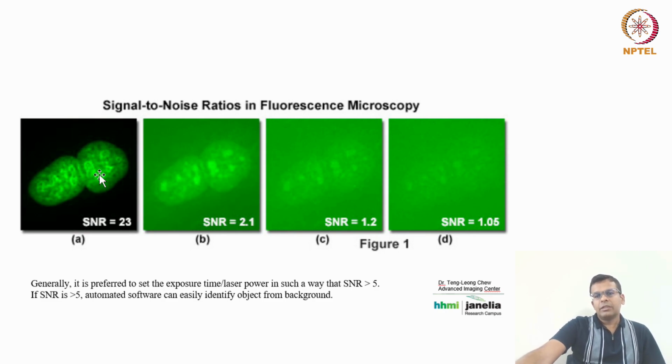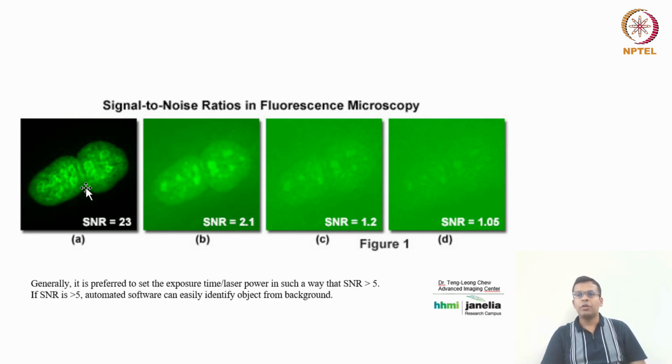So ideally, if you have to image this sample, you would say that you should always go for a high SNR, like 23 or even more if you can achieve. But that is not always true, because for visualizing images like this, you will keep your laser power or light power or exposure time high to increase the signal to noise. But that will also create a lot of photo bleaching and phototoxicity. So if you are working with live samples, phototoxicity is a major concern.